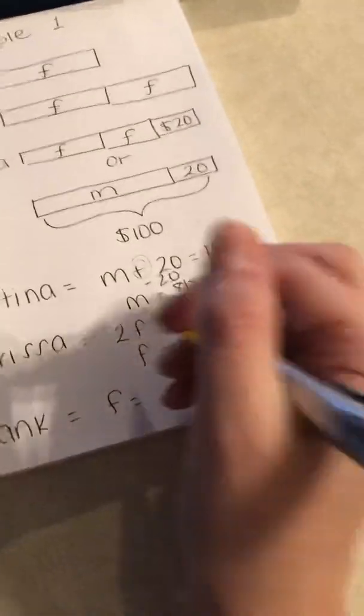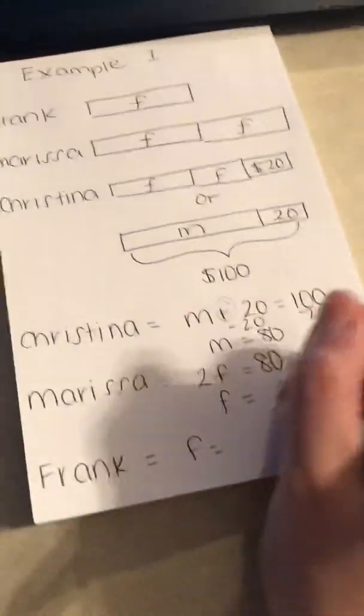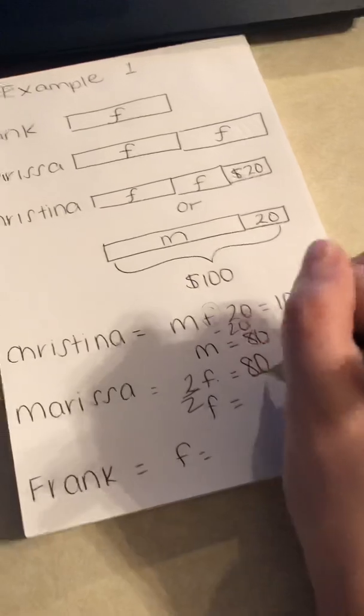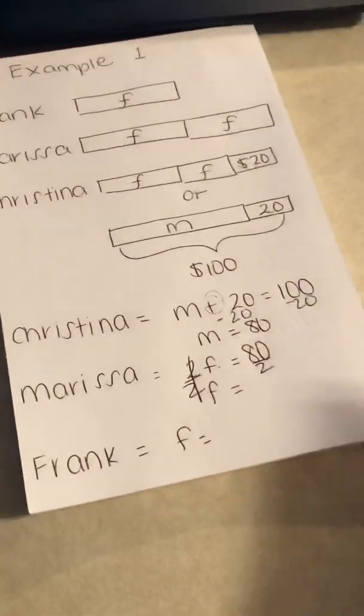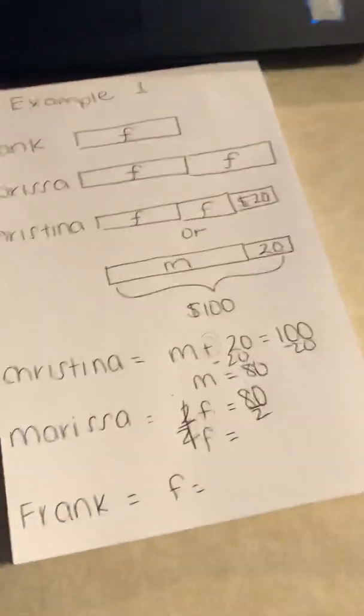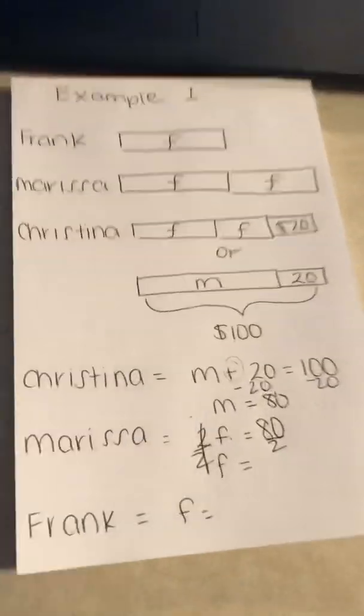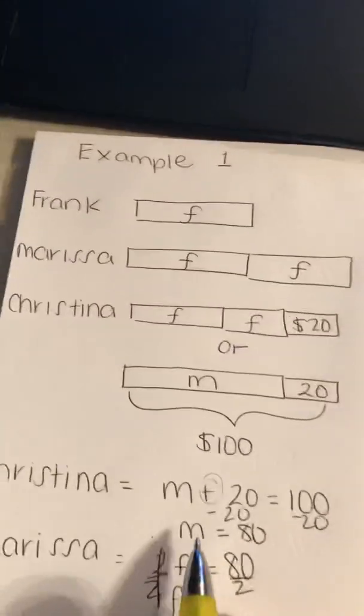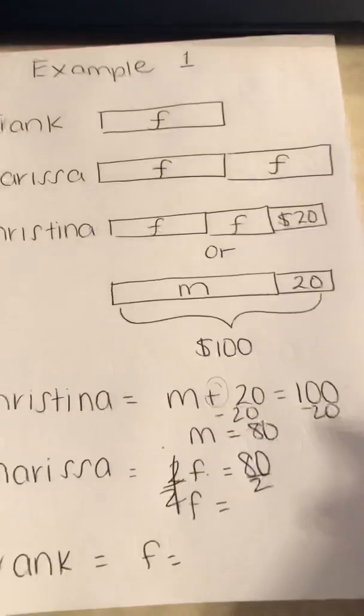If I'm doing the opposite, I have 2F, which is multiplication. I'm going to divide by 2 on both sides. 2 divided by 2 is 1, which is why that gets crossed off. 1F is the exact same thing as F. Equals, so F equals 80 divided by 2. F equals